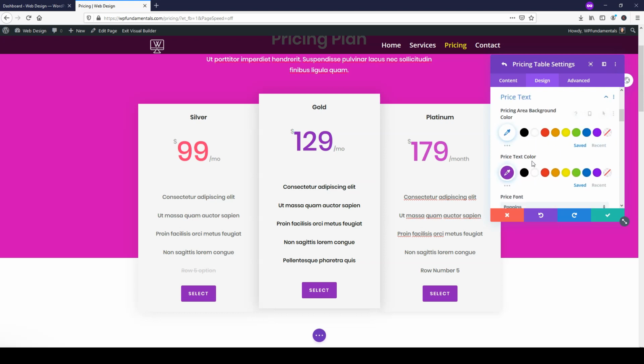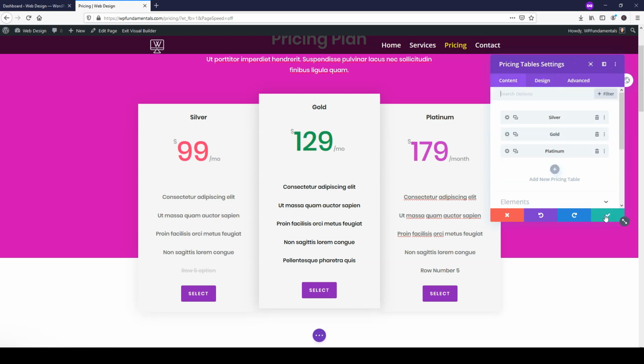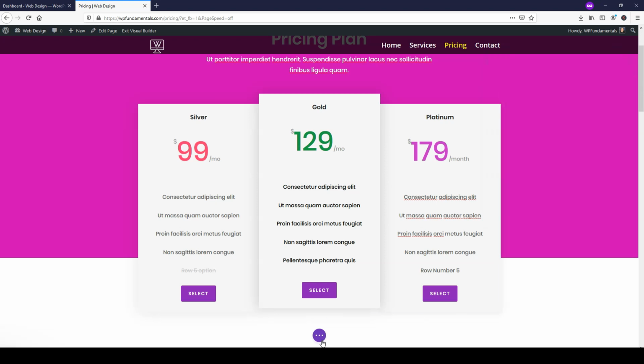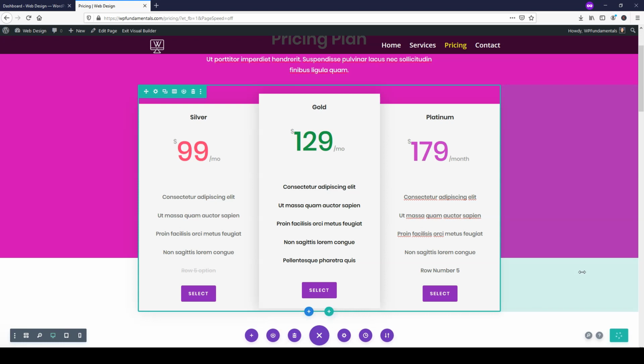Let's go to price text. Right here it is this purple color. Let's just say we want it to be green. We could do that. I don't think the green looks that great, but you can easily adjust it and make it different than the other ones, and just save it here and save it again, and then one last save right here at the bottom. So that's how you would adjust this and mess around with this price table to get it to look how